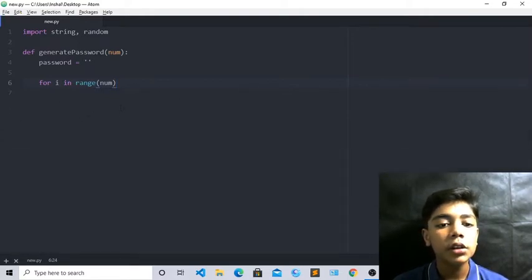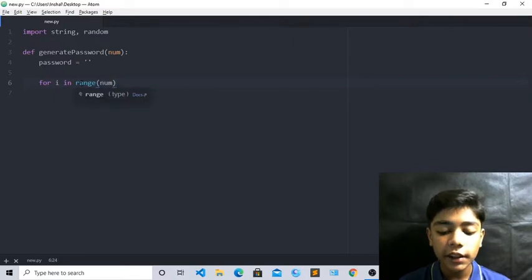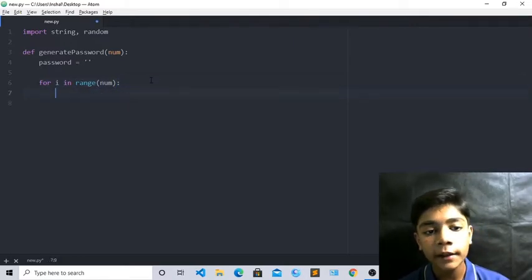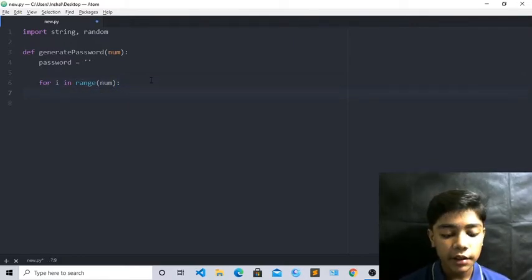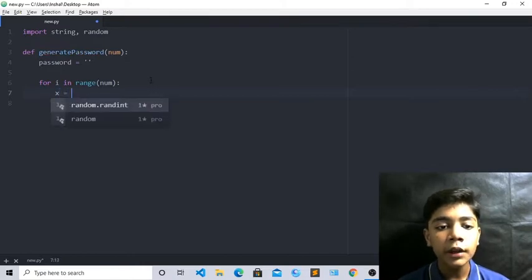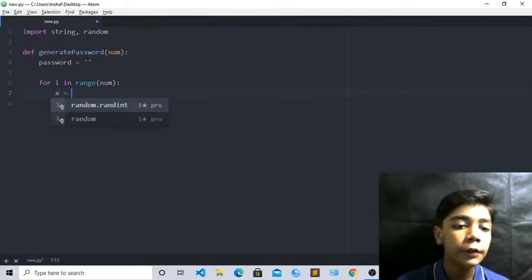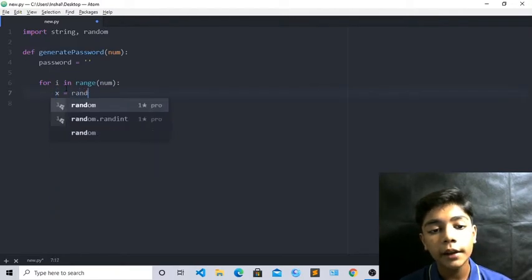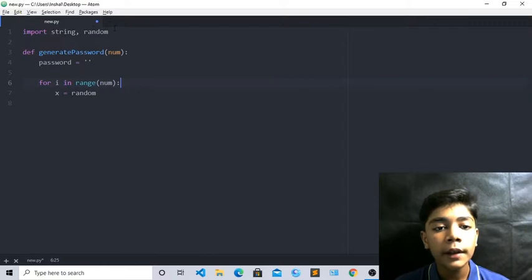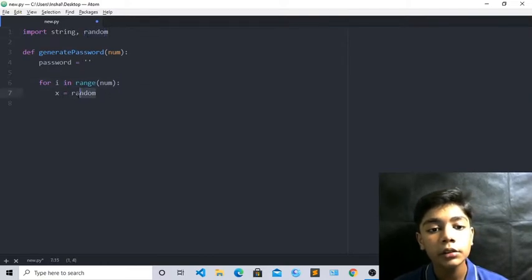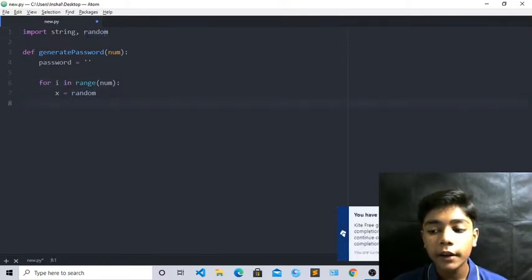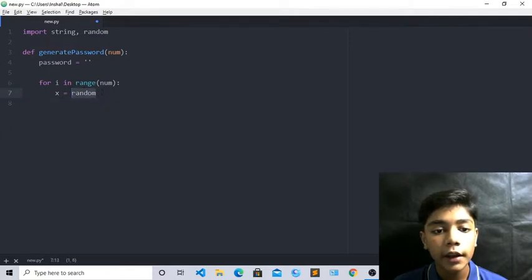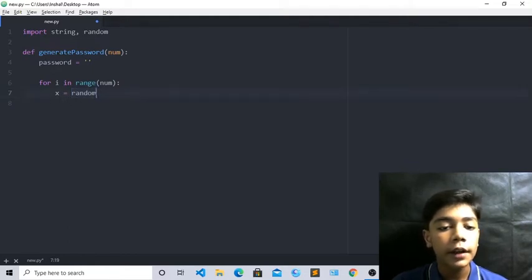Now when you have done all this, write a semicolon here again. Now press enter, okay. Now write here x, and equal to means we will define what x is equal to here. Now x equal to random, okay, because we defined random here, so we have to define random here also, so Python can learn what random is, and it understands in which corner we are using random and for which work we are using it, okay.